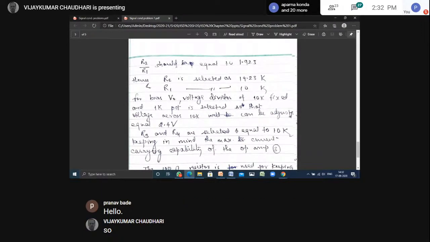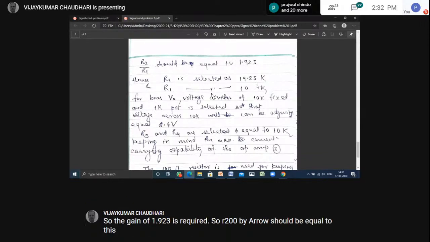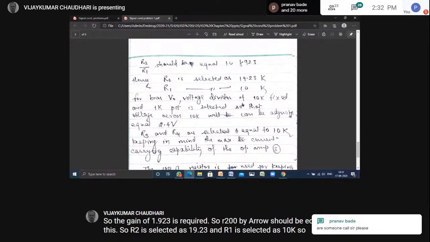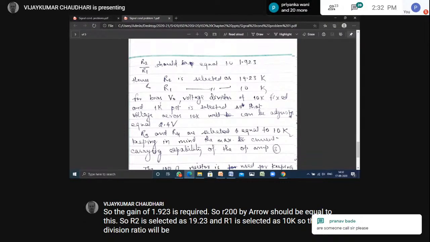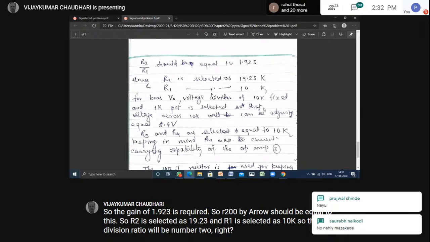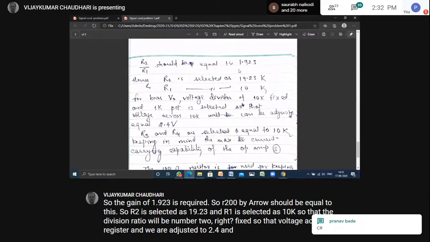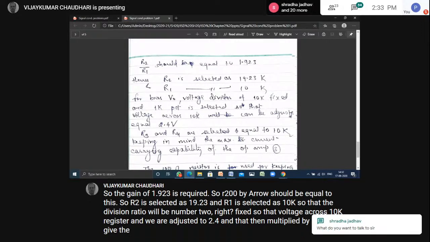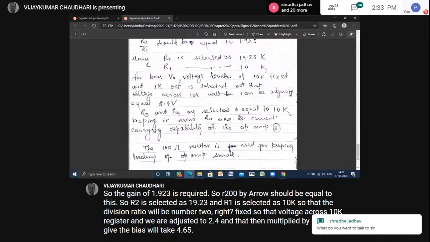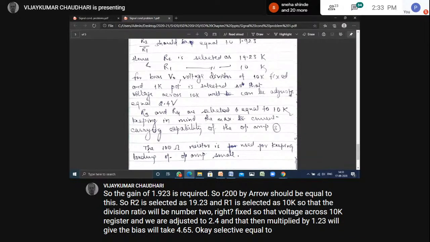So the gain of 1.923 is required. So R2 divided by R1 should be equal to this. So R2 is selected as 19.23 and R1 is selected as 10K, so that the division ratio will be 1.923 for op amp number 2. For the bias voltage of V0, a voltage divider of 10K fixed and 1K pot is selected so that the voltage across the 10K resistor can be adjusted to equal 2.4, and that then multiplied by 1.923 will give the bias voltage 4.65. Okay, so R3 and R4 are selected equal to 10K, keeping in mind the maximum current carrying capability of the op amp,